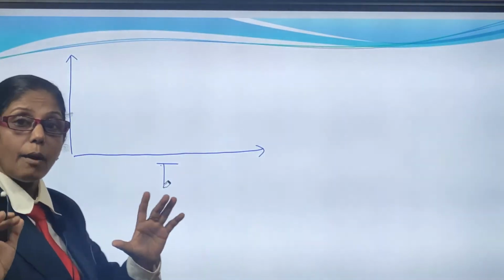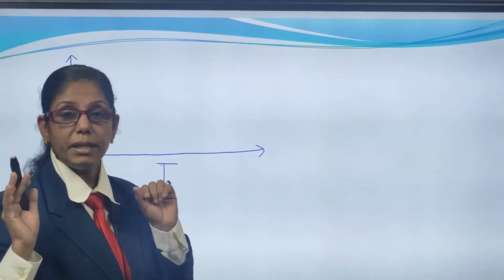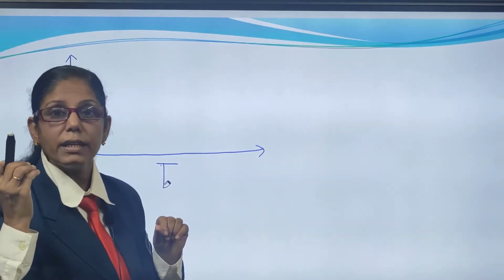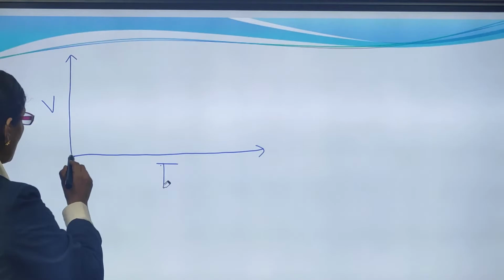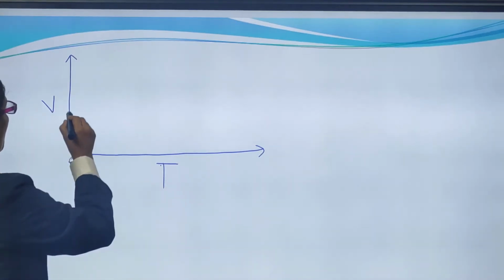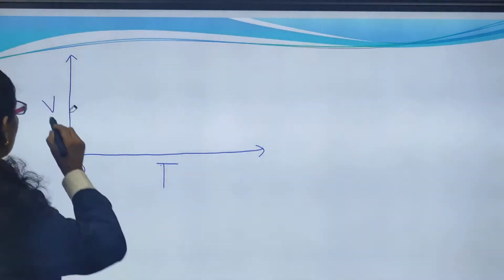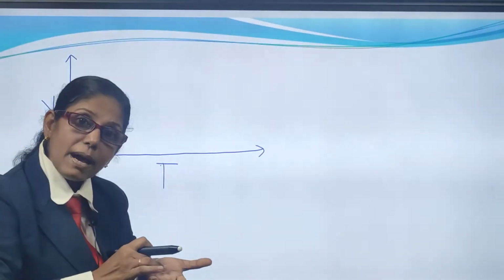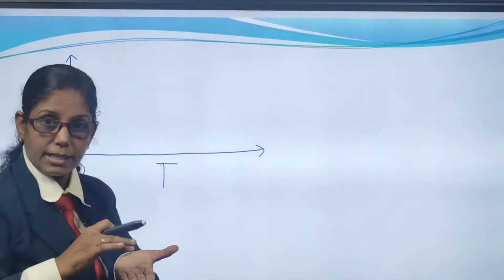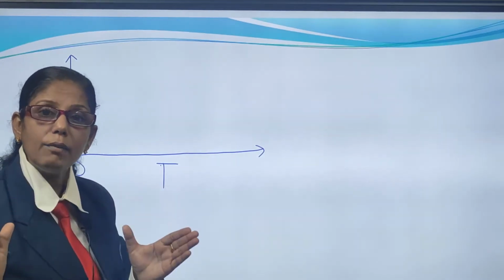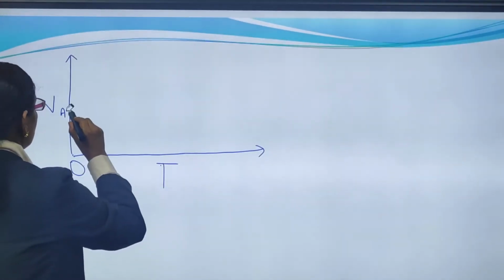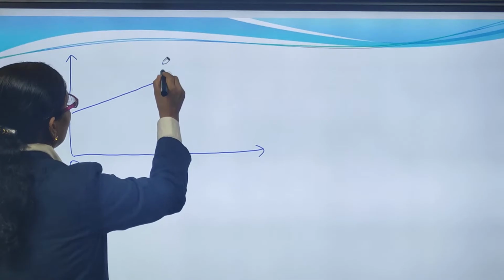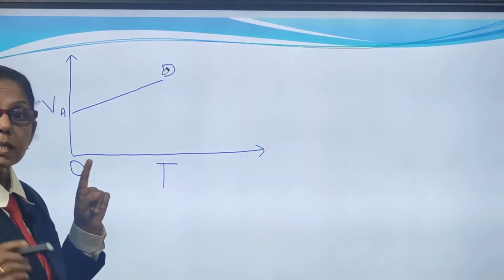Next, I said our body is having an initial velocity in the beginning itself. That is, when we are observing the ball, on the way we are observing it first. So, when time is equal to 0, at that time the body is having some velocity. I mark this point as A. Then, when it touches my hand, its velocity is increasing, and when it touches my hand, that is the final velocity of the body. So, what is this point? This point is D. D represents final velocity.